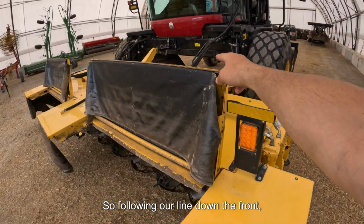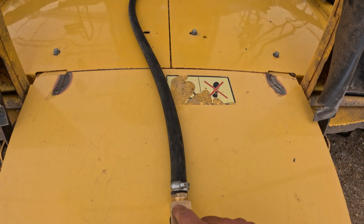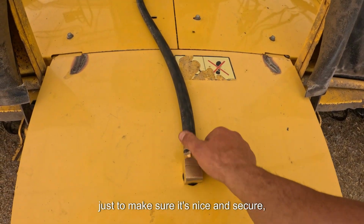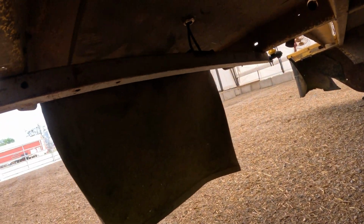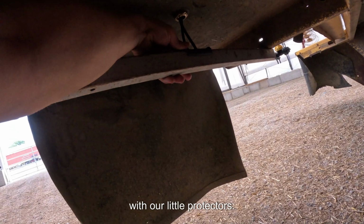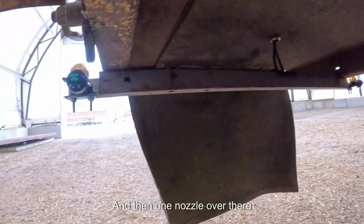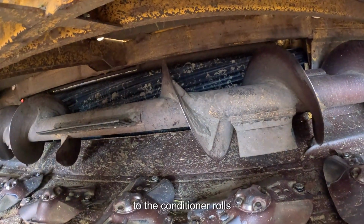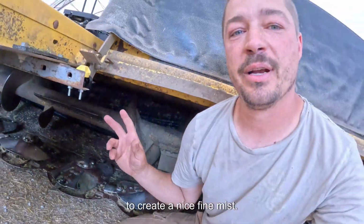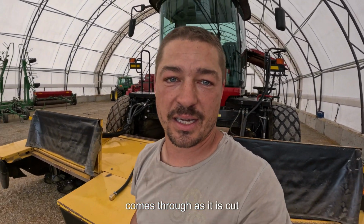So following our line down the front, we come right up here, hose clamped it onto a street elbow just to make sure it's nice and secure, doesn't wiggle around on us. Into our homemade pipe with our little protectors. We'll see if those stay on there with all the turbulence or not. And then one nozzle over there and one over here, shooting straight back to the conditioner rolls to create a nice fine mist under here to coat all of the hay as it comes through, as it is cut,